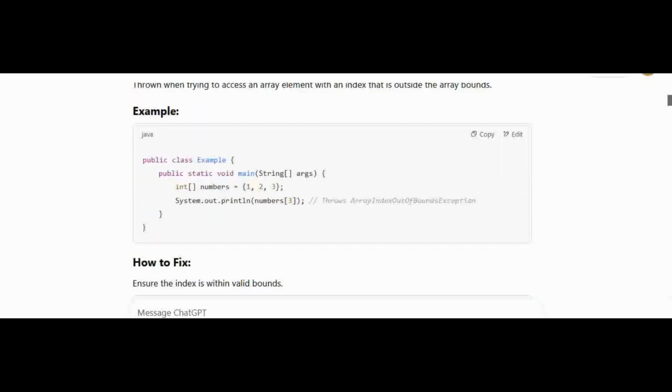We have Java: public class Example { public static void main(String[] args) { int[] numbers = {1, 2, 3}; System.out.println(numbers[3]); // throws ArrayIndexOutOfBoundsException } }